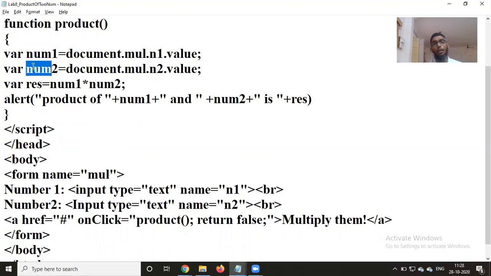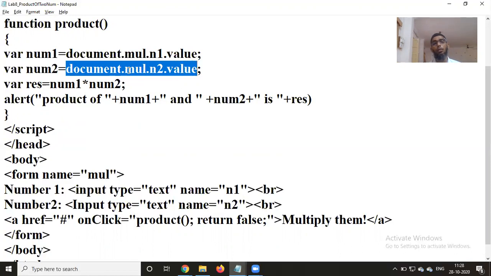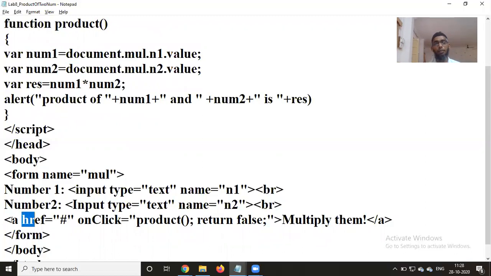The same way num2: in this document we have a form called MUL, and in that we have a text box called N2, and whatever value is given there is stored in num2. Now when this function is going to execute, I'm going to create an anchor with an anchor tag.